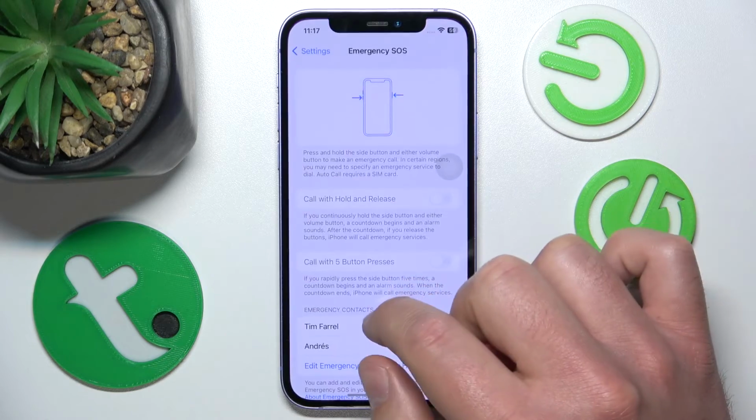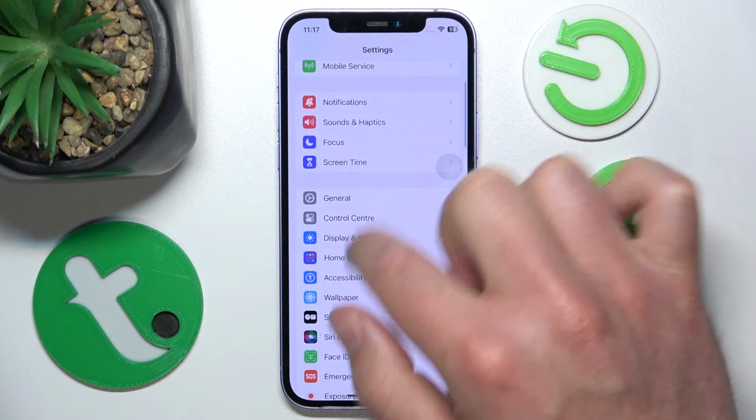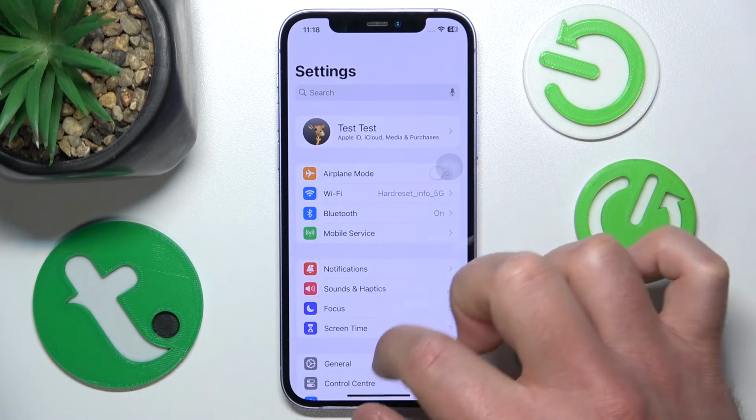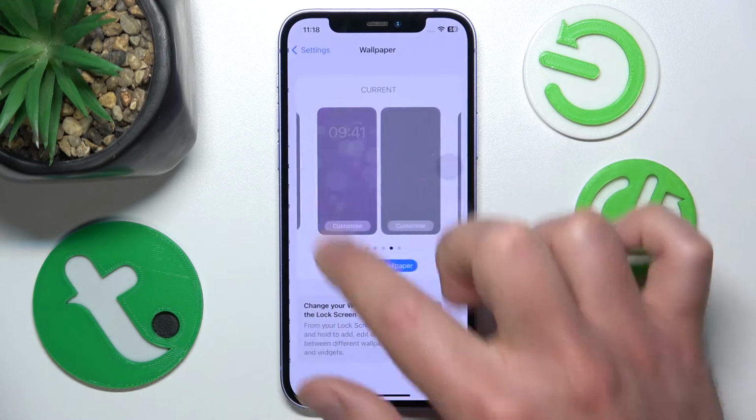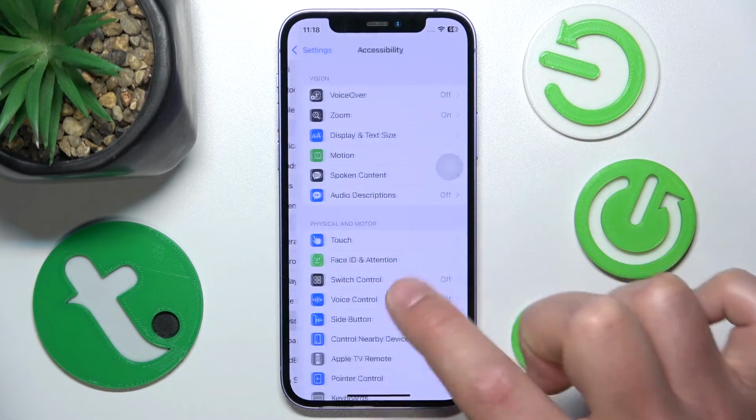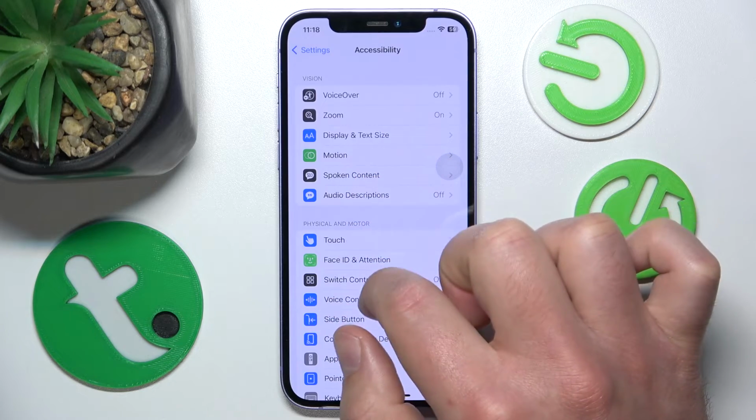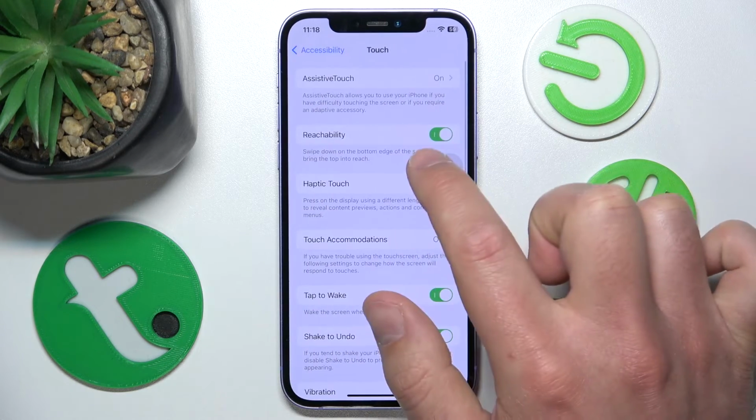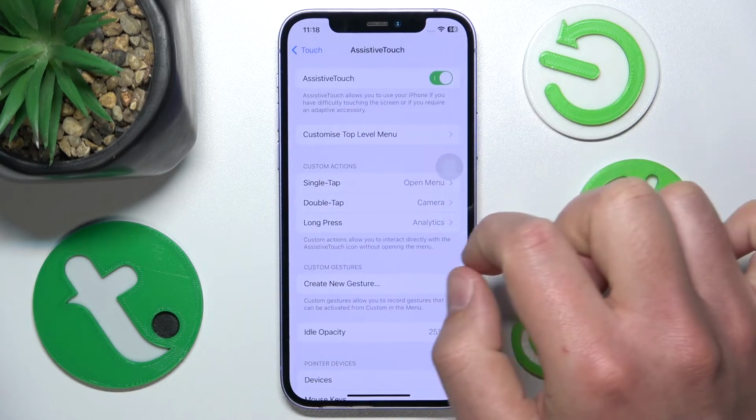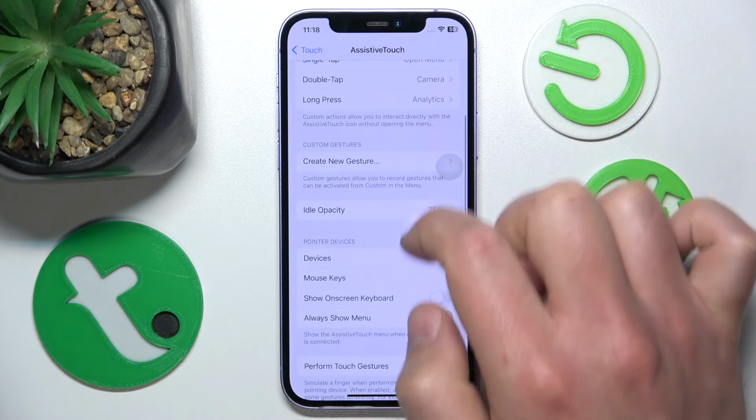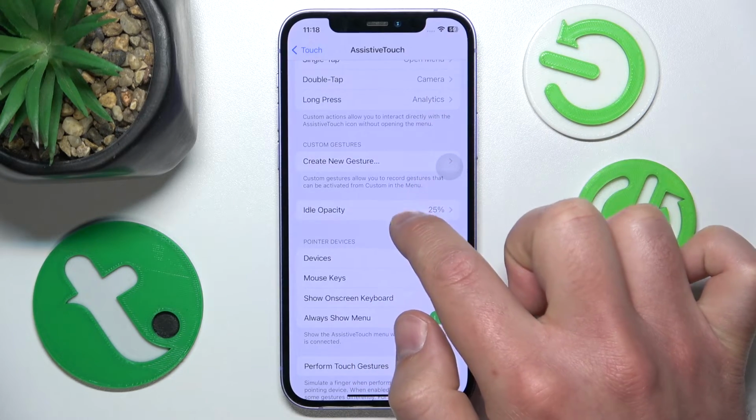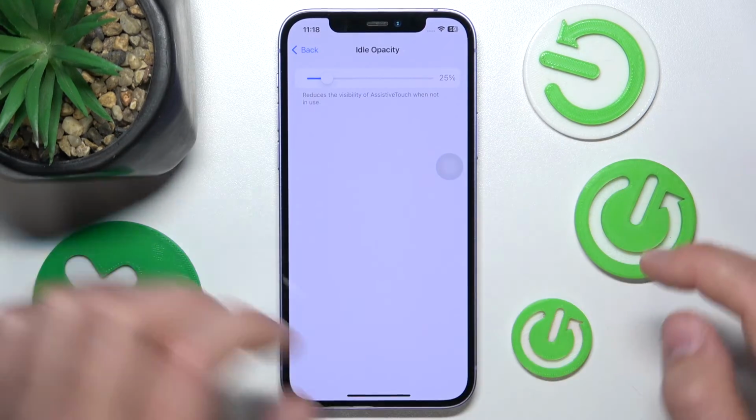the settings, then you want to go to the accessibility, not wallpaper, accessibility, then you want to go to the touch, then go to the AssistiveTouch. Once you are here, swipe down a little bit, you're going to find idle opacity. And now if you swipe,